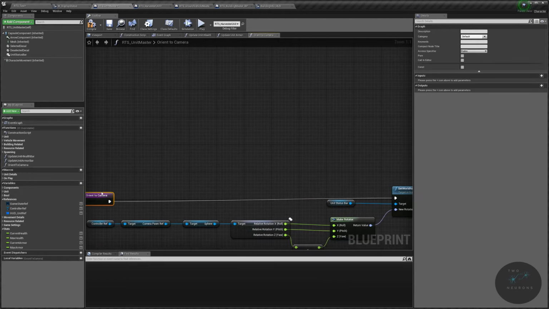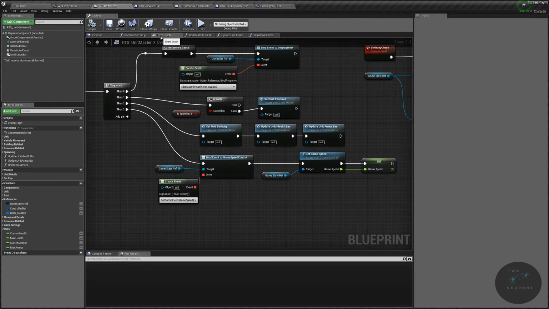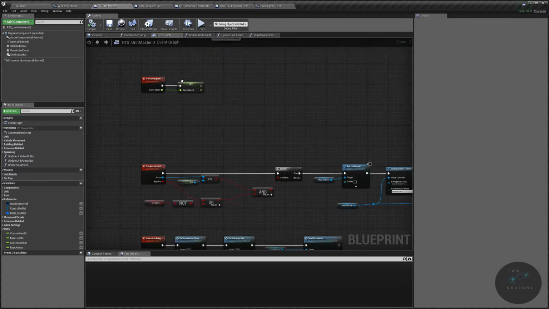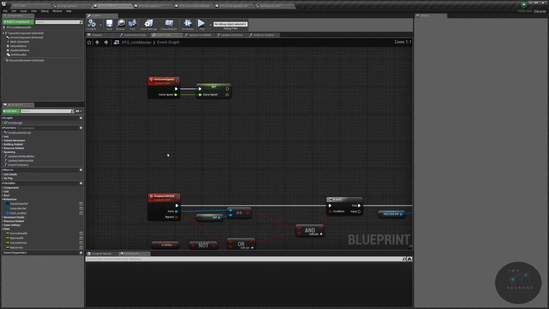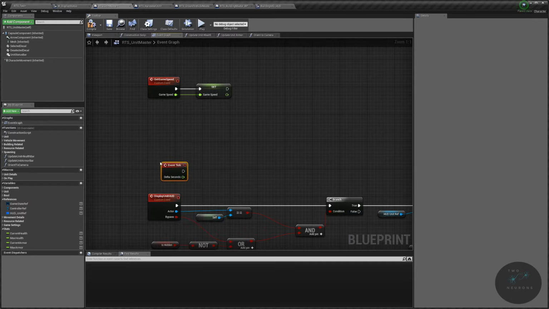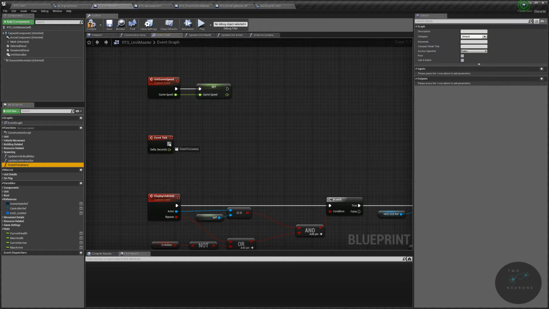And I'm just going to raise that up. Compile, save, go to your event graph, and then on your event tick, which notice we don't have one in here, we have to add that in. So event tick, add that in. We are going to orientate towards the camera. Now hit play,